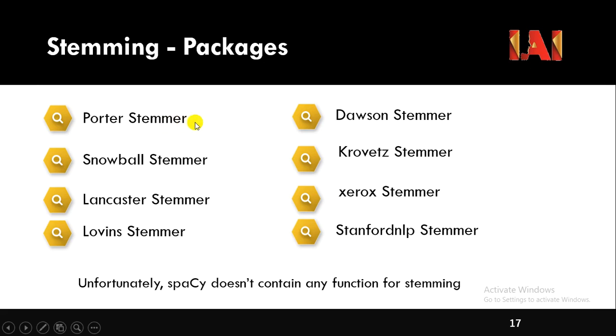The Porter stemmer is one of the most common and gentle stemmers. It is fast but not very precise. Whereas the Snowball stemmer is a slightly improved version of the Porter stemmer and is usually preferred over it. And Lancaster is also a popular stemmer. We can use the different stemmers to perform stemming. But for some words, the keyword returned by most of these stemmers is a non-dictionary form of the word.